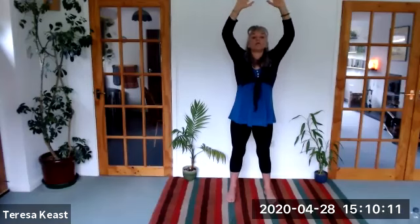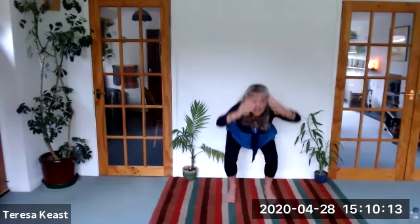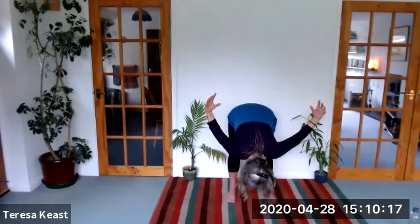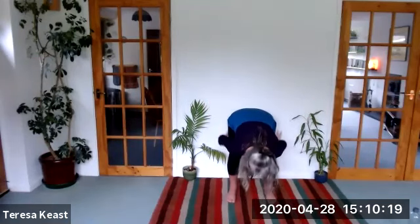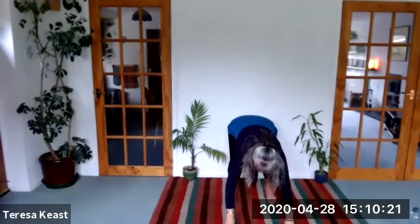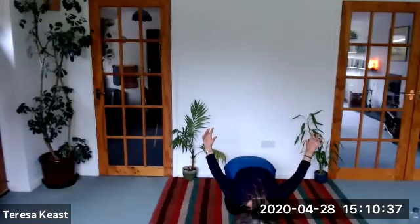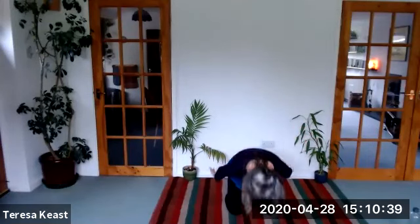Pulling in that tension and then just leaning back just as much as your back is happy with. And then you're going to come forward, stretch through your spine, bend your knees. Take your head down and your arms behind you. Then you're going to take your hands onto the floor. You drop your knees onto the floor, flatten your feet if you can, and you're going to lift up, opening the whole front of your body. And then you're going to come down and just your forehead is going to touch the floor, arms behind. And then you're going to come up again,